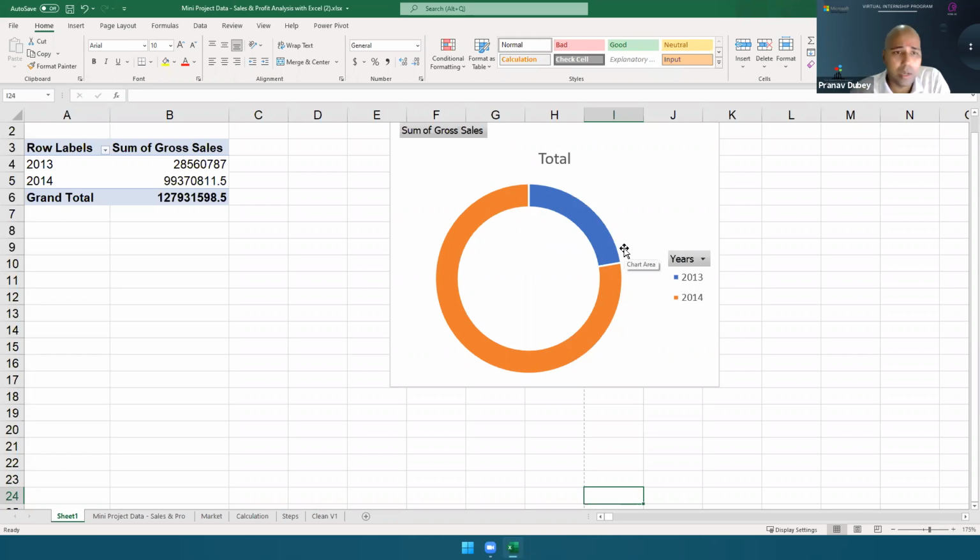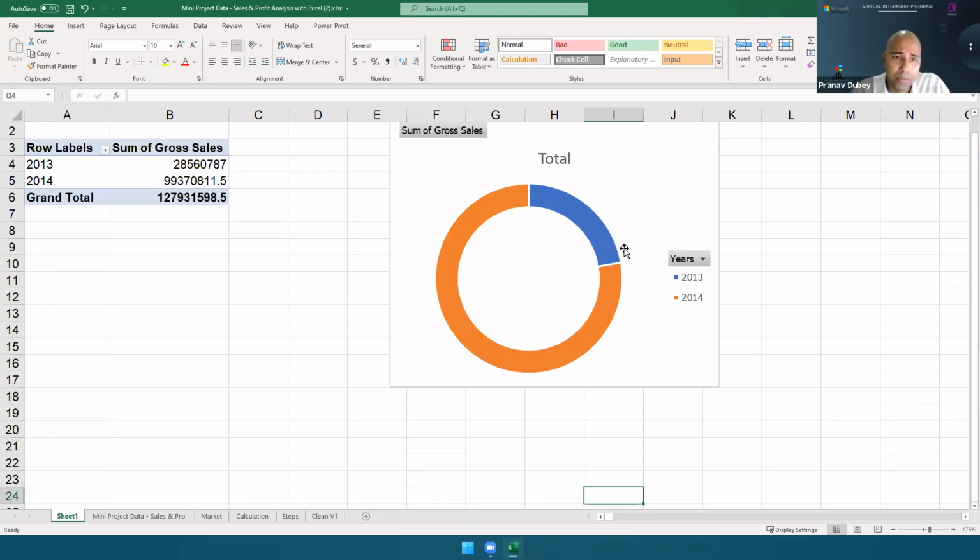Now, if you are not convinced that we should use a pie chart, then you can use a bar chart also. If you think that, okay, bar chart is better, then you can keep it. So the choice of the chart is entirely up to you. I will just tell you what each is used for. For example, when we are doing comparison between two different categories, we create a bar chart. But when we are showing something out of 100%, we use a pie chart or donut chart. When we are showing changes over time, we use a line chart.